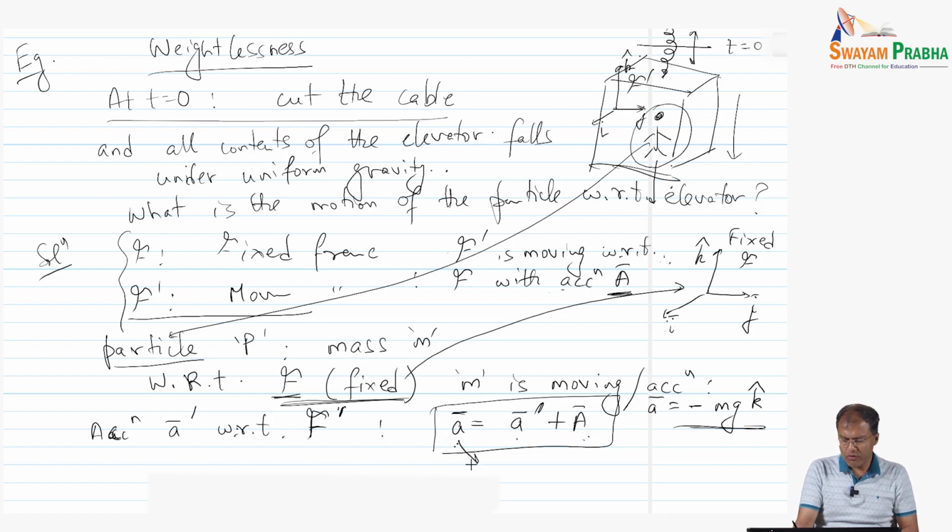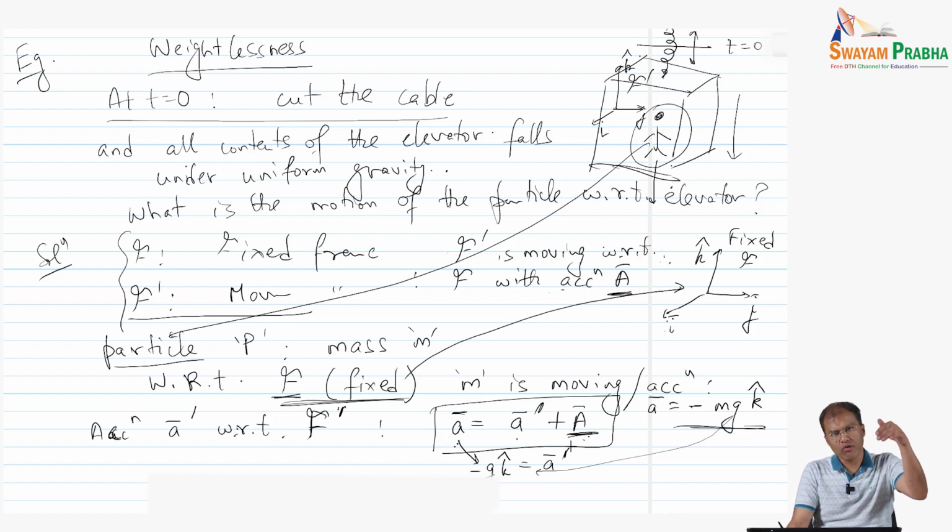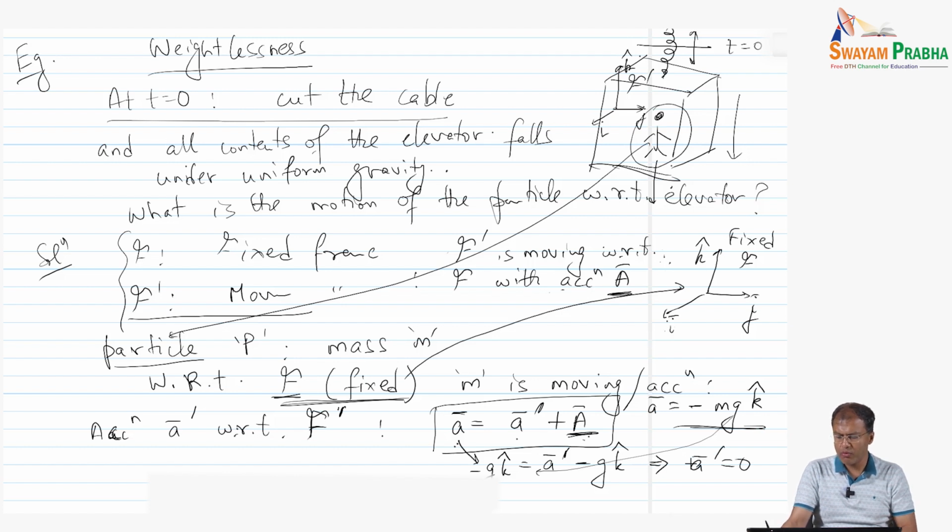Now this is going to be minus g k hat, this is a prime, and the acceleration of the frame is also minus g k hat, because the frame is also falling with the same acceleration due to gravity. So from here a bar prime comes out to be 0,